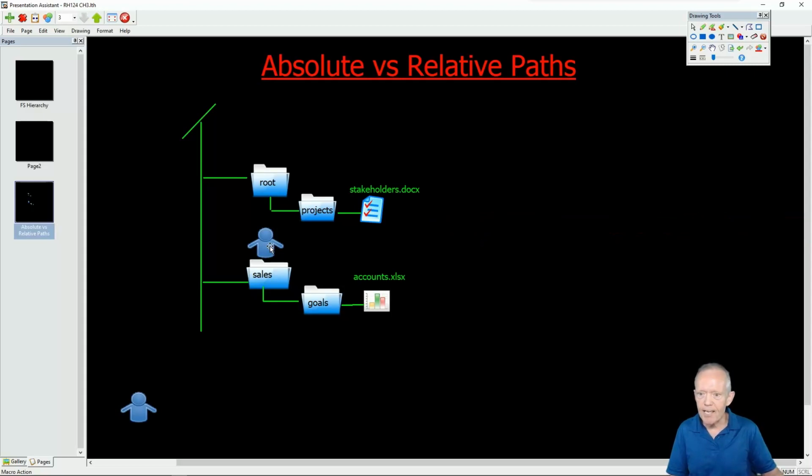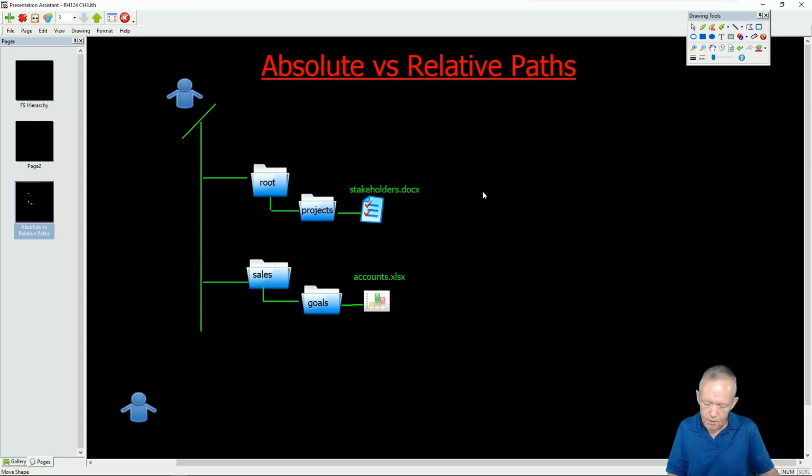All right, let's say you have logged into the system. You've logged into the system and you've CD'd to the root of the file system. And I want you to use a relative path to copy the stakeholders document into the sales folder. Right? So once again, we're using relative paths. So you're at root, so you don't need to specify / because you're sitting in that place in the directory